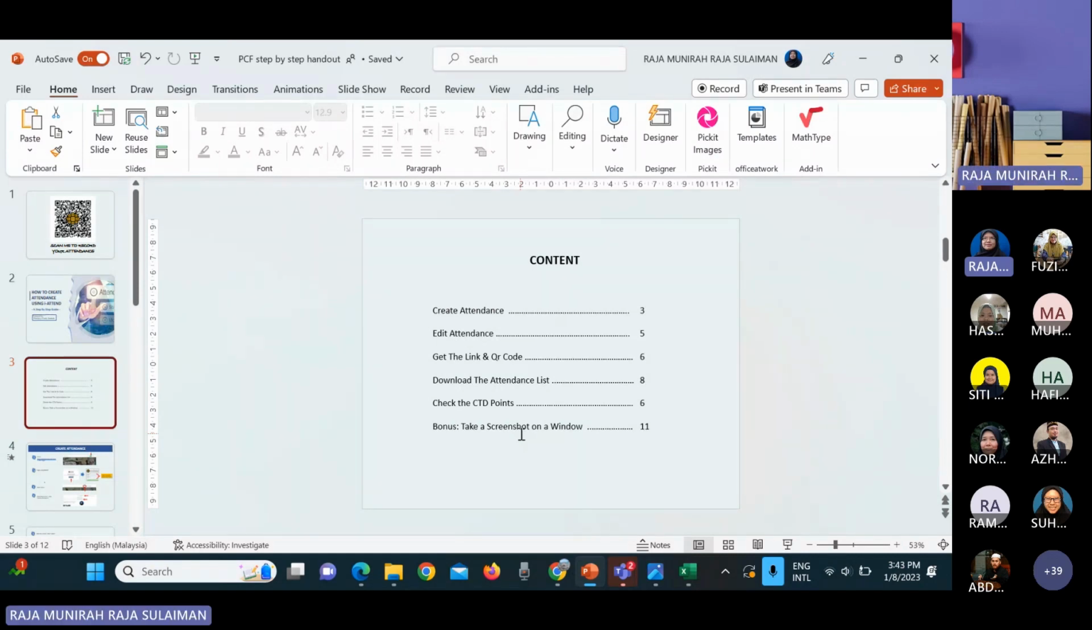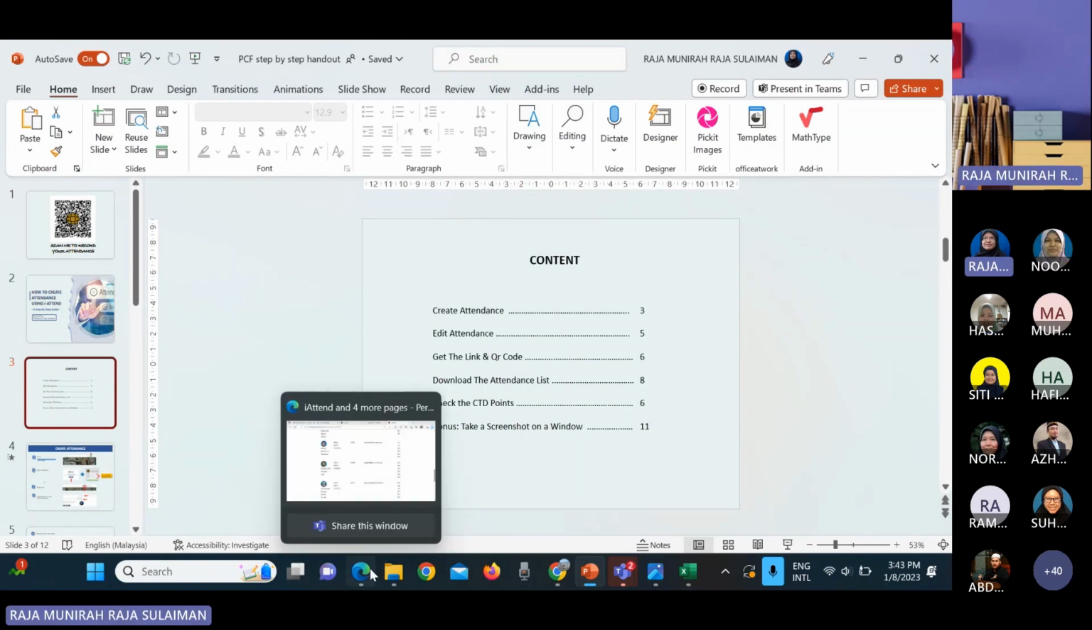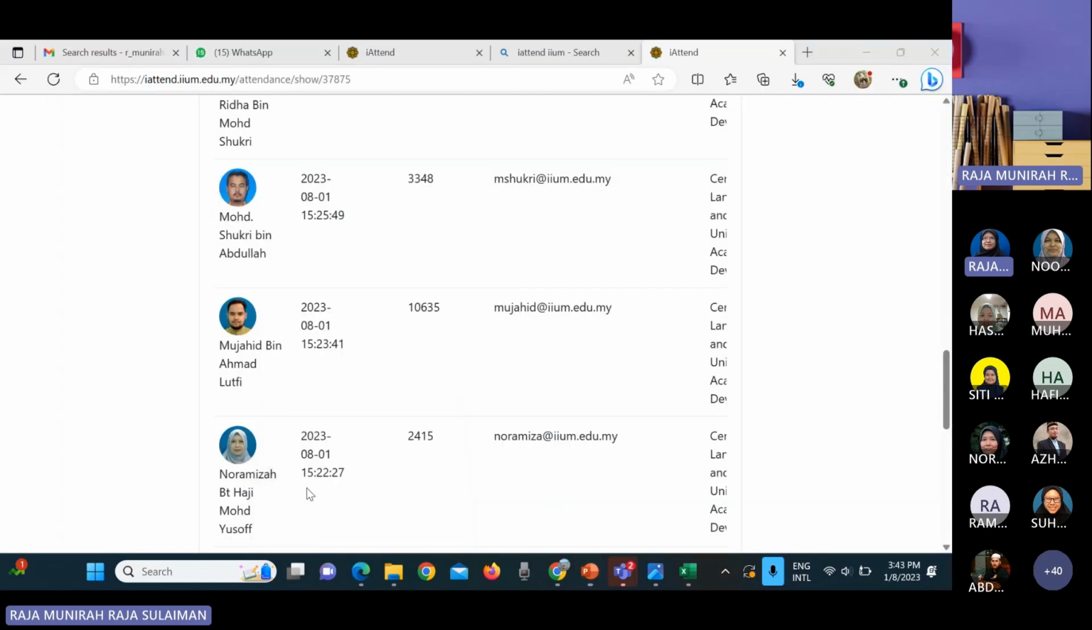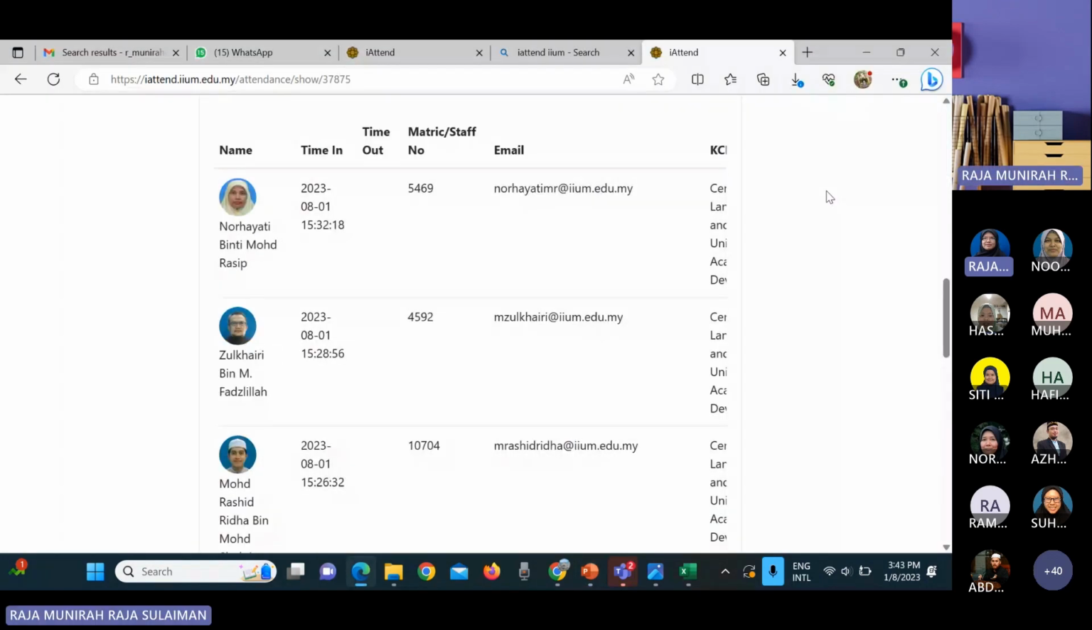Another reason why we need to check the CTD points, we need to remember that for APAR, we need to achieve 42 CTD points. So we need to check whether our CTD points for the year 2023 are already enough or not. Sebab kalau tak achieve 42, then you will not get the mark at all. Even 1 mark you will not get. So how to check the